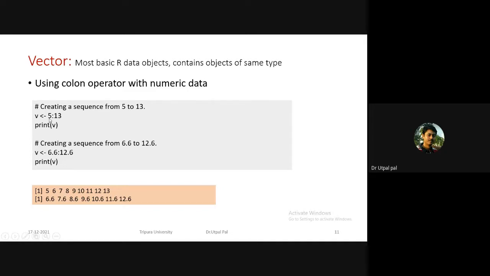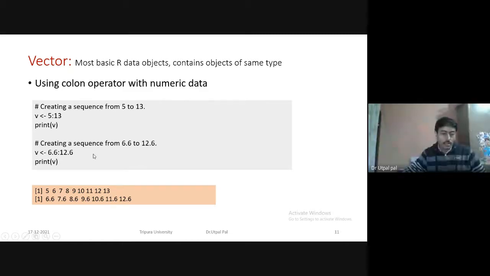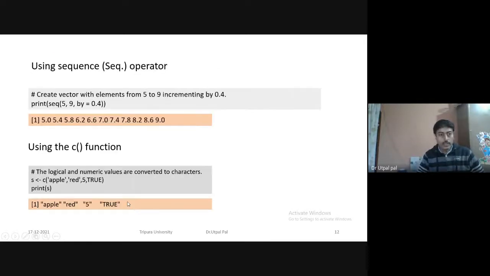As you can see here, 5:13 means it will contain values starting from 5 up to 13, incremented by 1. We can also create a vector of floating type, or decimal values. Here we are assigning 6.6 to 12.6. This is the code and this is the output. So you can see here 6.6, 7.6, like that up to 12.6. So you can create a vector like this.